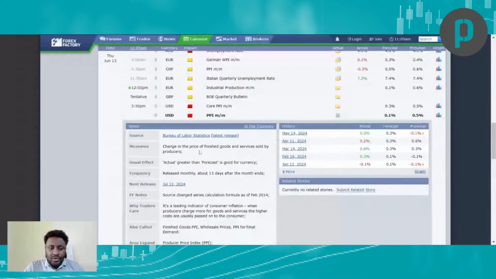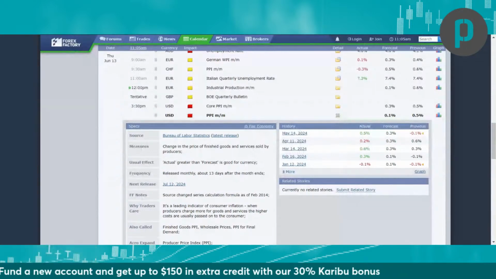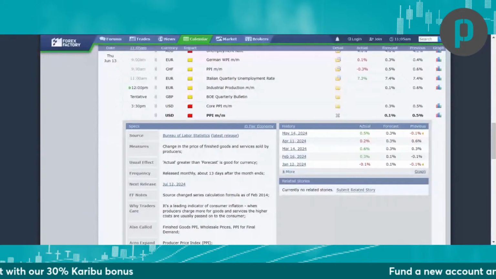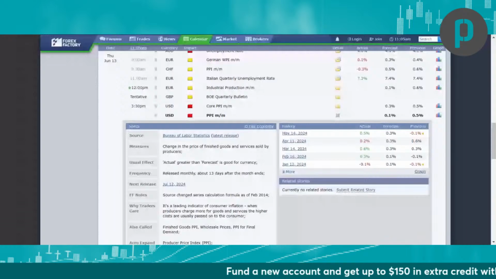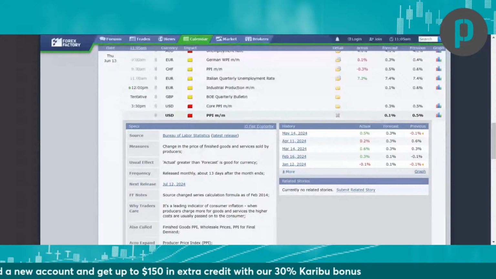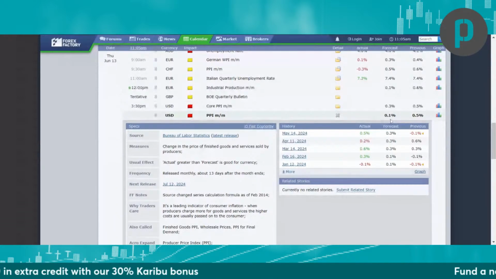And of course, we know the distribution chain. Once producers sell their goods, eventually these goods find their way to retail. By the time they get to retail, those prices are forwarded to the economy. So in this case, it's a forward measure of inflation showing what the near future holds for Americans. The previous increase was 0.5%. We're expecting a big slowdown to 0.1%, whereas for core producer price index, we're expecting a drop from 0.5